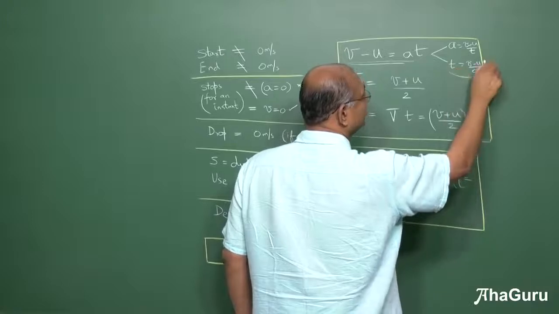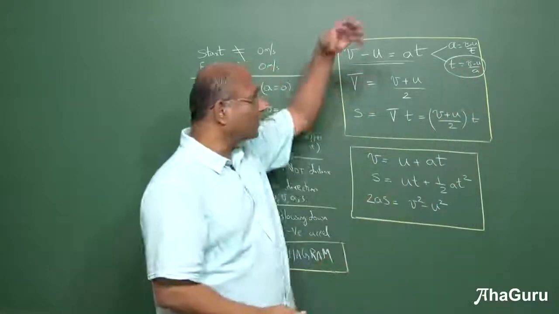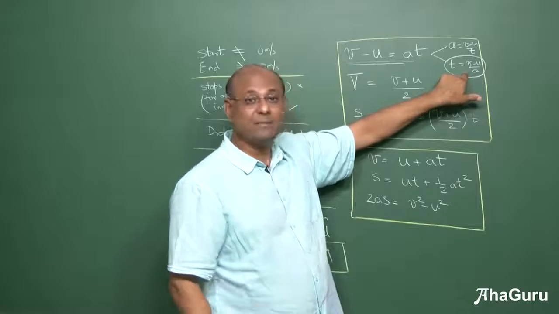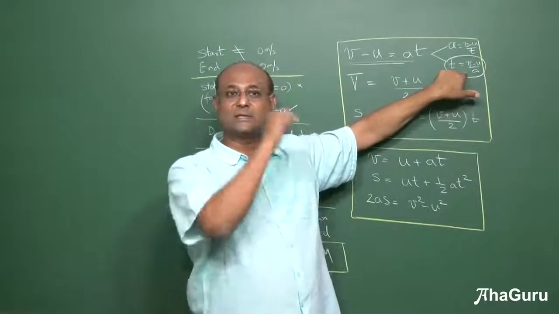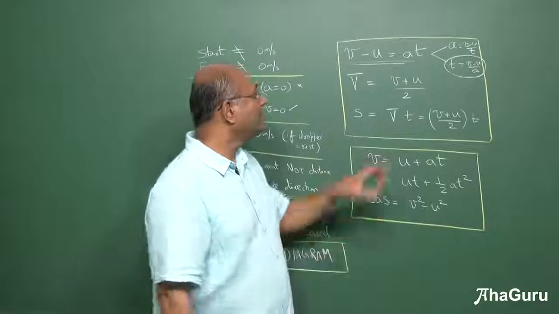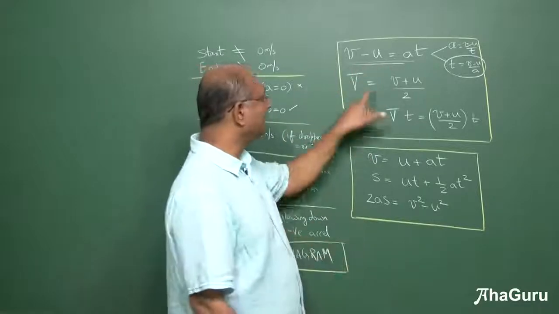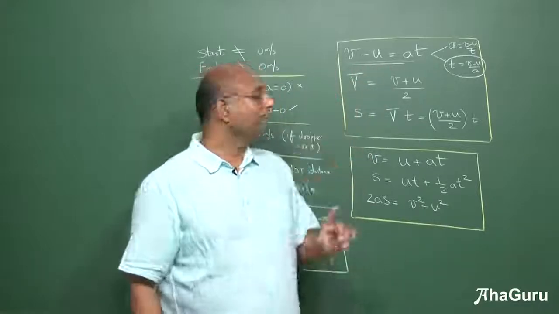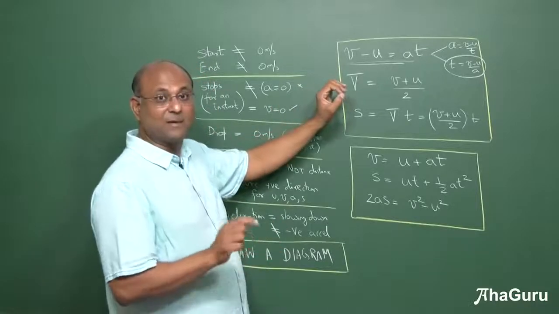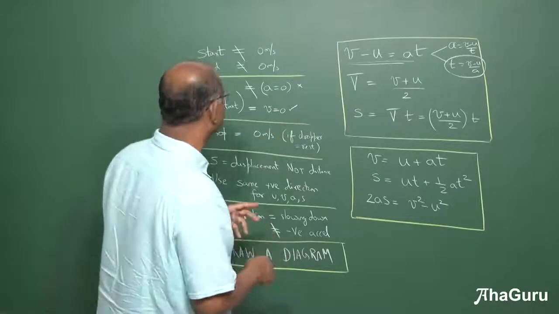I often want this. For example, if I drop a ball, I know this velocity, I know that velocity. I can use that to find time because I know acceleration. Acceleration is 10. So that means whenever you know the acceleration, calculating time becomes very useful. So v minus u is at, average velocity is v plus u by 2. Please use this, this is very, very useful. Now we will see this a little bit more when we try to apply it to various kinds of problems.